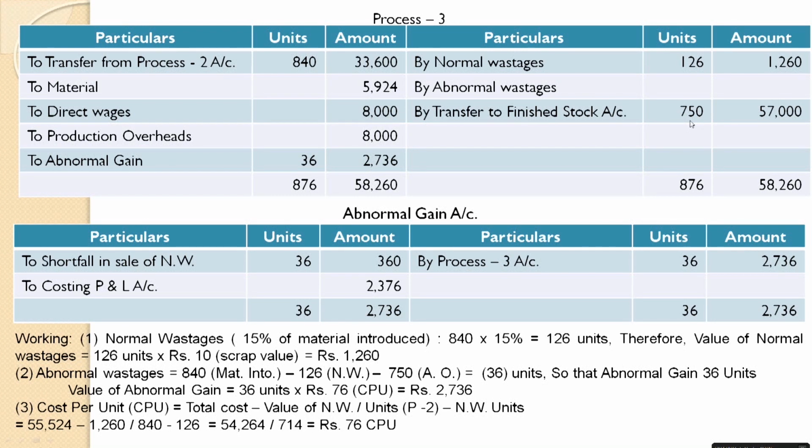Now, we need to compare debit and credit, and see which side is higher. Very clearly, the credit side in units is higher than the debit side. Why? If you make a total of the credit side, it comes to 876 units. So the credit side total of units is 876, which is higher than the debit side total of 840. It means that 36 units is a shortfall on the debit side instead of the credit side. Now, this is something different. If the shortfall comes on the debit side, as 36 units is found in the process 3 account, it is always considered an abnormal gain. This is a new thing.